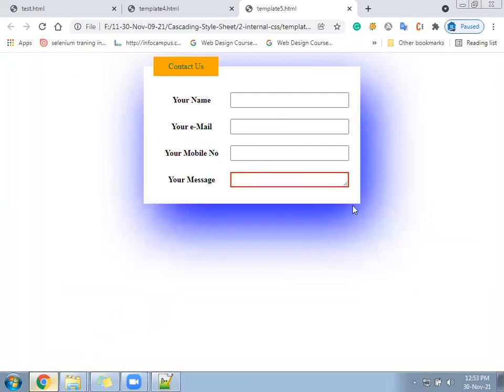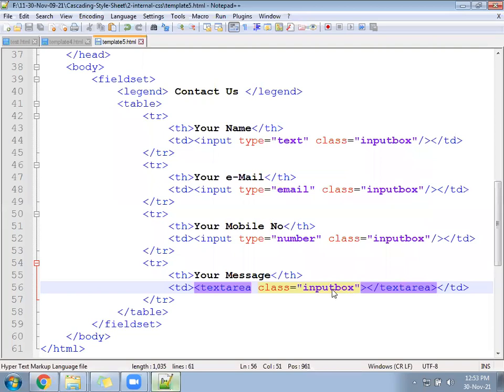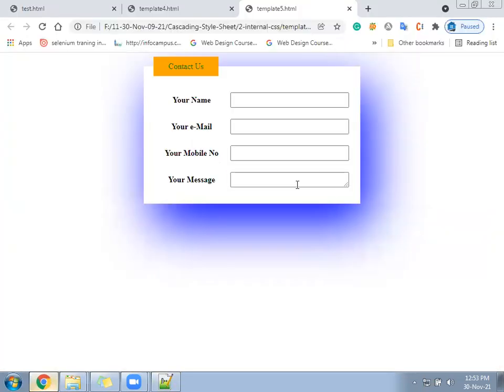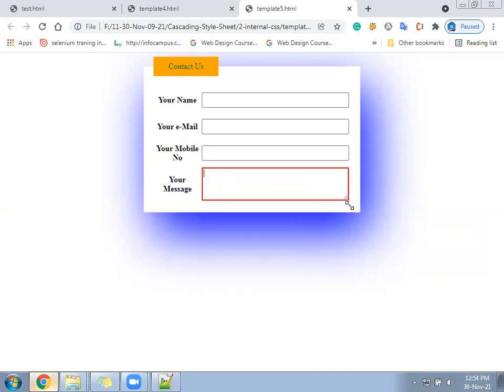Now we want to increase the height of this text box. Increase the height of the text box. So say you have written in this class input box. What are the things we have written? Look in the browser. Number one, width is coming bigger. On click, the effect is getting applied. This should remain the same. Only now we need to increase the height of this.